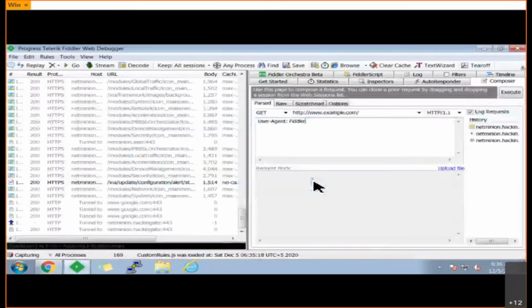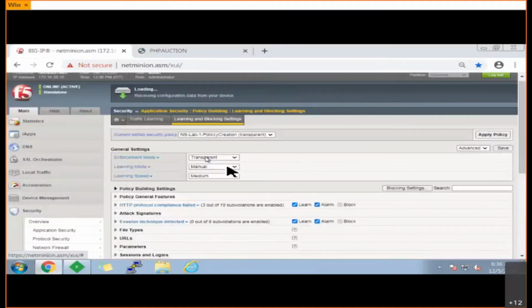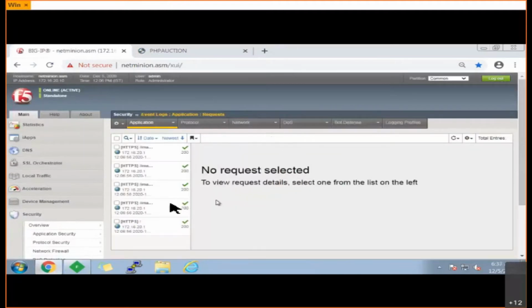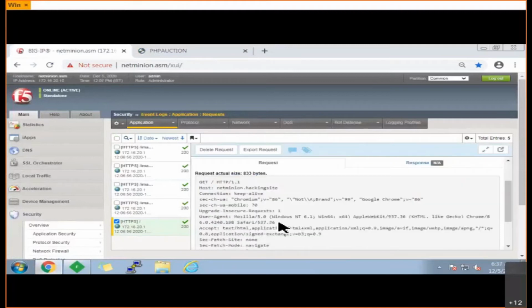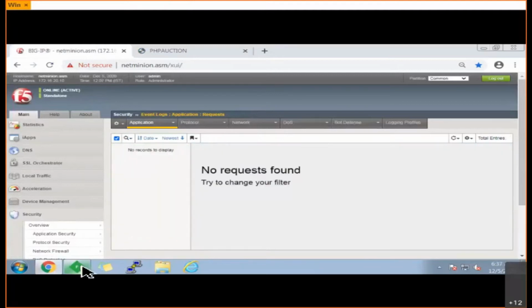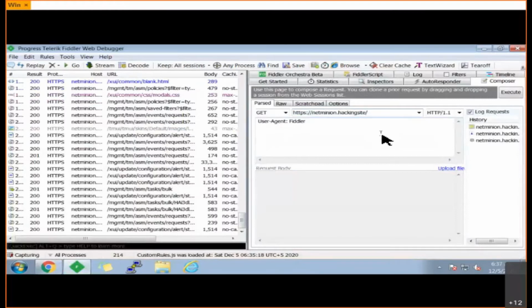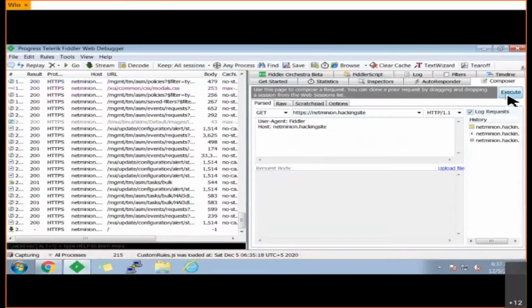okay, yes. So if I go to my event logs, let me remove this. You can see that it is coming, and whatever the user agent is, it will be showing you. These are the user agents, maybe Chrome or Apple or Mozilla, that kind of stuff it is showing you. Now let me remove this, and let me go to Fiddler and generate the request from here. Any doubt? Now let me execute this.